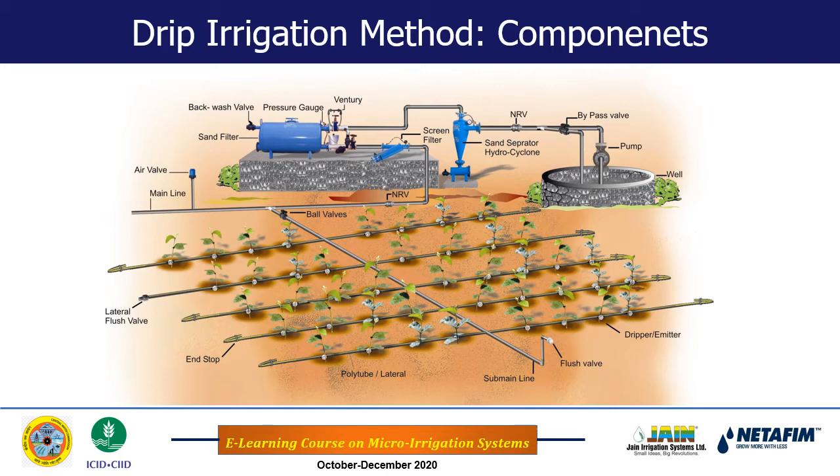Then there is the fertigation unit. Then there are a number of valves: non-return valve, ball valve, air valve, flush valve, bypass valve, and there is a pump to lift the water at the desired pressure and discharge, and a water source. Besides that, there are the pressure gauges as well, because this system operates under pressure,